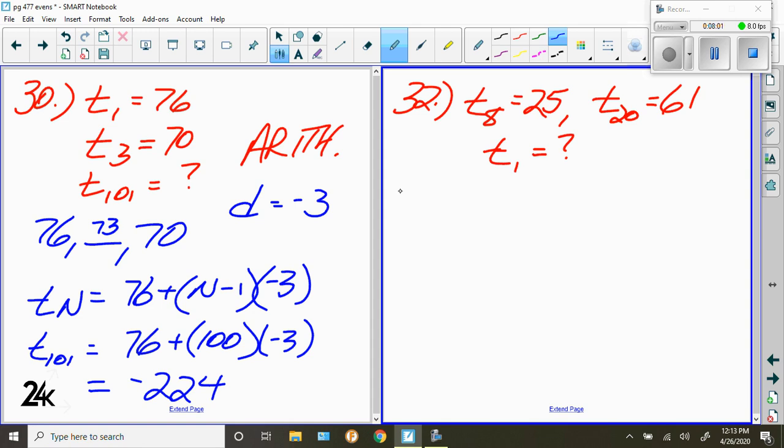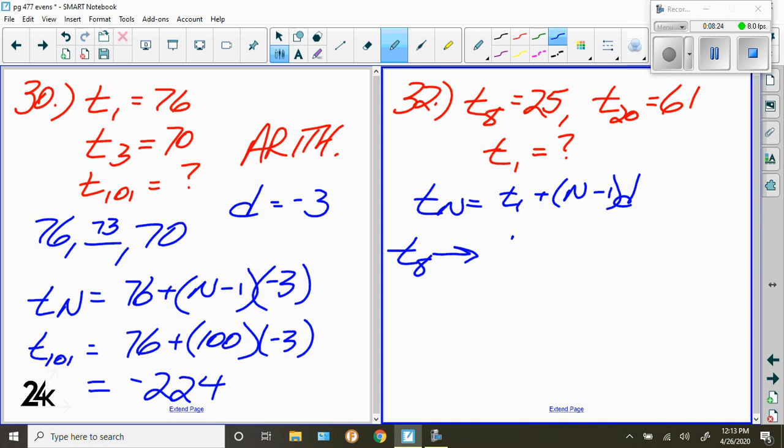So here we go. I'm going to be using the nth term is t sub 1 plus n minus 1 times d. And you're like, how can we do that? We don't know what the difference is. No, we don't. Okay, but we do know that for the 8th term,